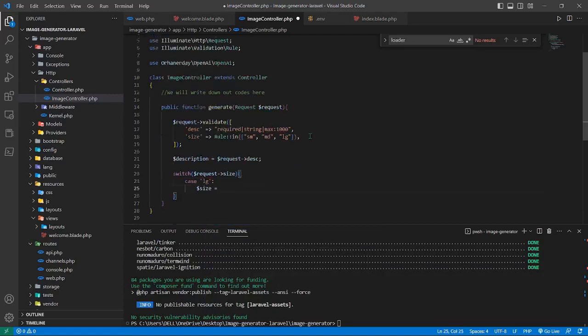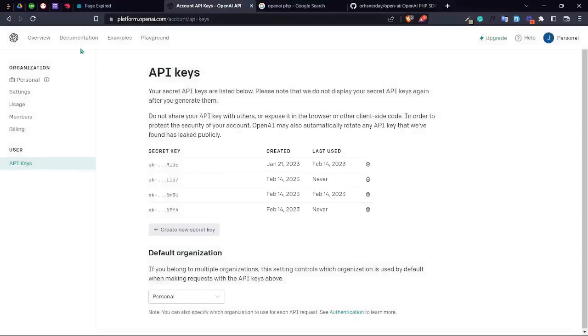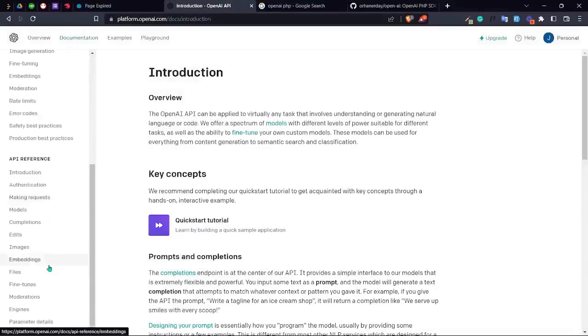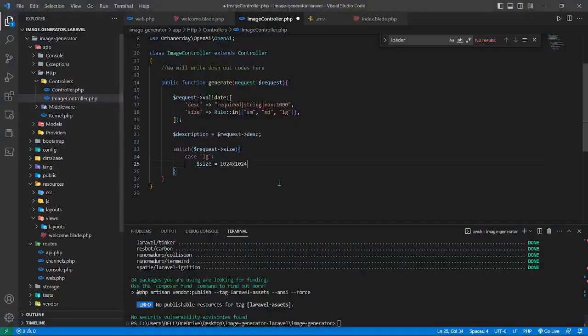Let's check the size for the larger image, that is 1024. Okay, I need a quotation here, then break. Case 2 will be medium, and the size will be